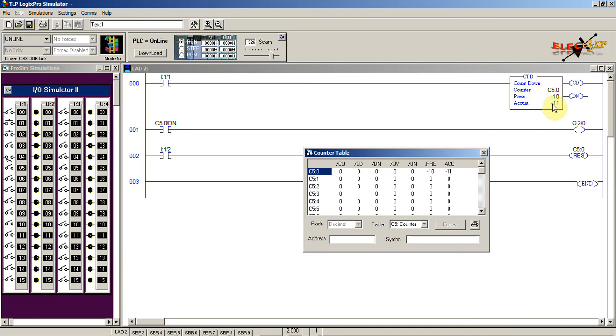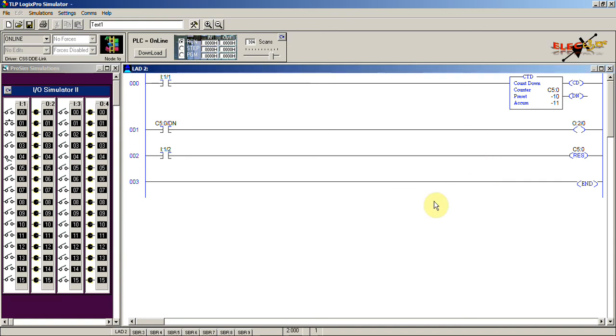Same thing, if you have a value which is less than -32,767, in that case this underflow bit will be set to 1. Usually this down counter will be used in conjunction with the up counter with the same addressing. Just like we have an example of a parking space indicator where we'll have an input switch and an output switch.